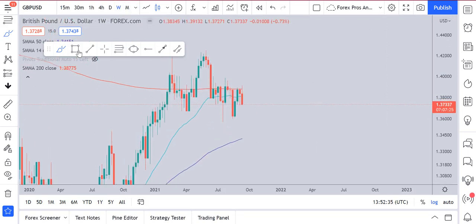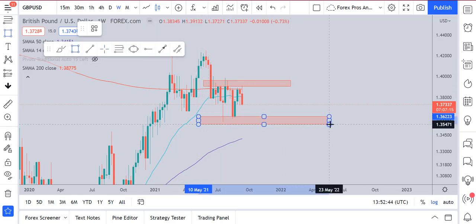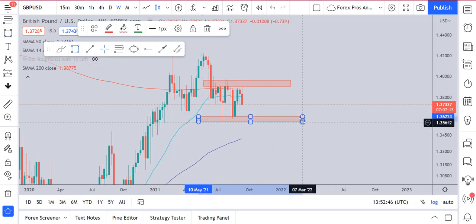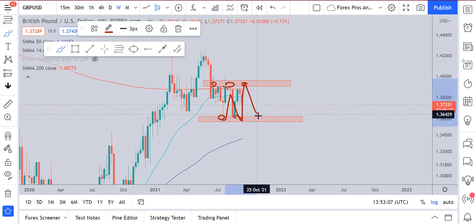Now on the weekly time frame, the situation is quite boring, because what we can see is that the market is currently stuck between these two structural zones. First of all, this was the structural resistance, which is repeatedly tested, and the market is not able to break it. Similarly, the structure support at this point is very effective. So the market is basically moving in between this zone,